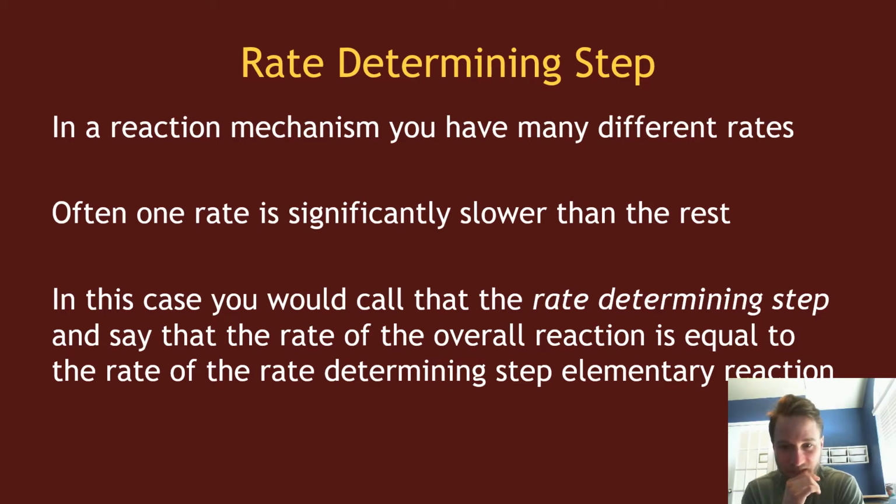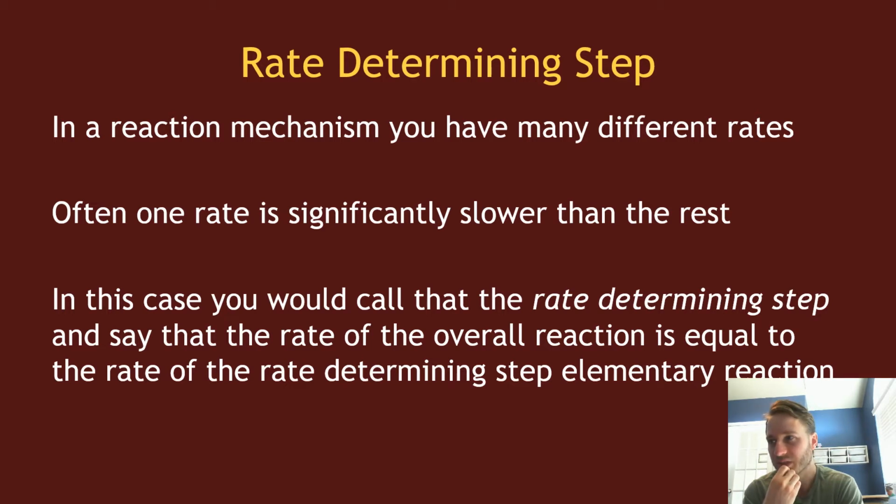And basically it states that typically for most chemical reactions, there's some step in the mechanism, some specific reaction that's extremely slow compared to the others. That takes a lot of time compared to all the other ones. And we call that step the rate determining step, right? And it's given that name because the idea is it's what is determining the overall rate for the